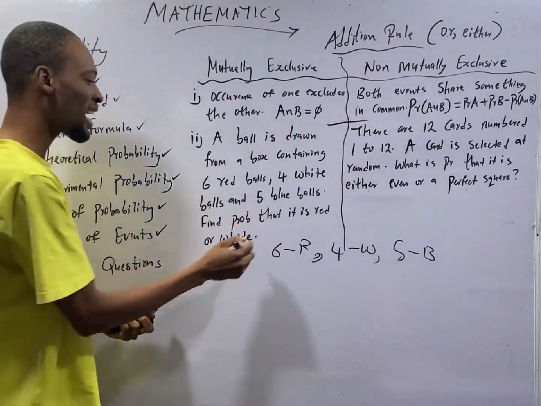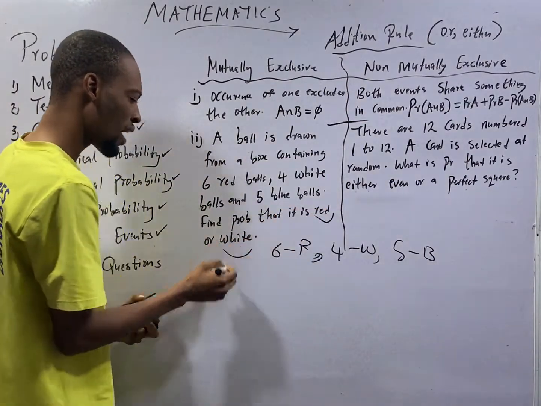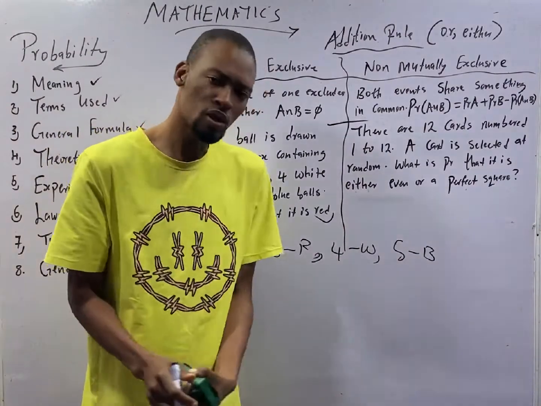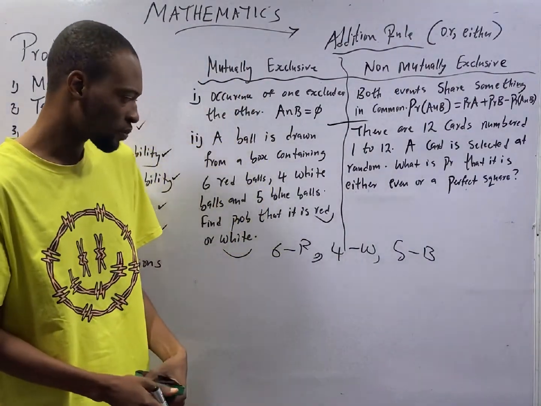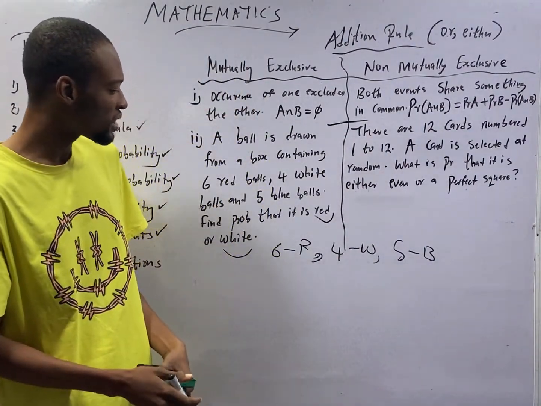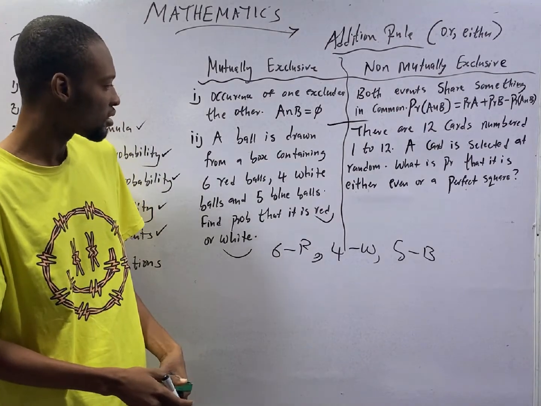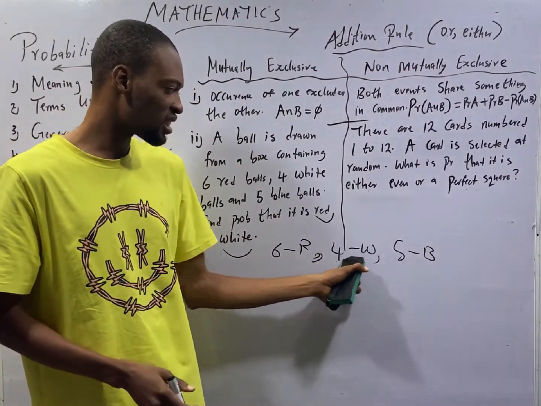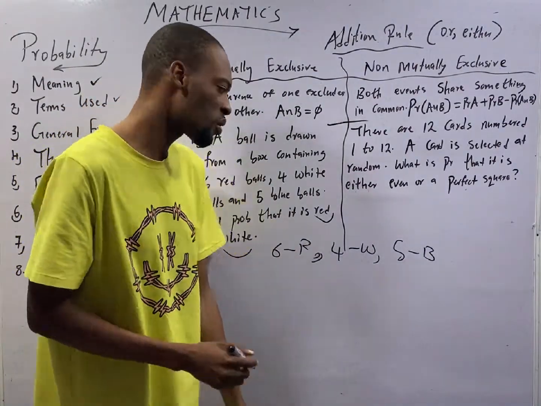Find the probability that it is either red or white. Red or white means probability of red plus probability of white. How many balls do we have in the box? It is 6 plus 4, that is 10, plus 5, 15. So total